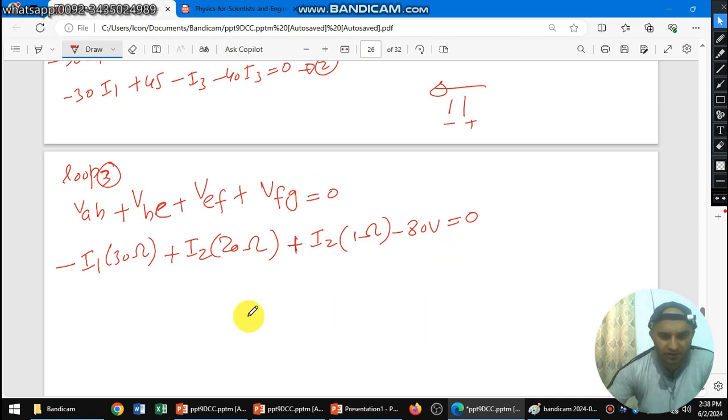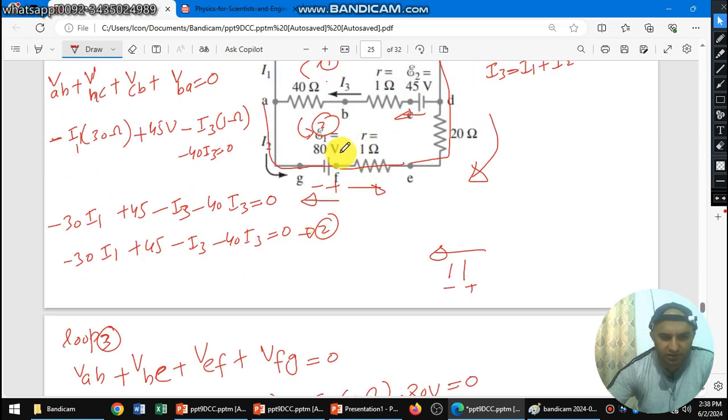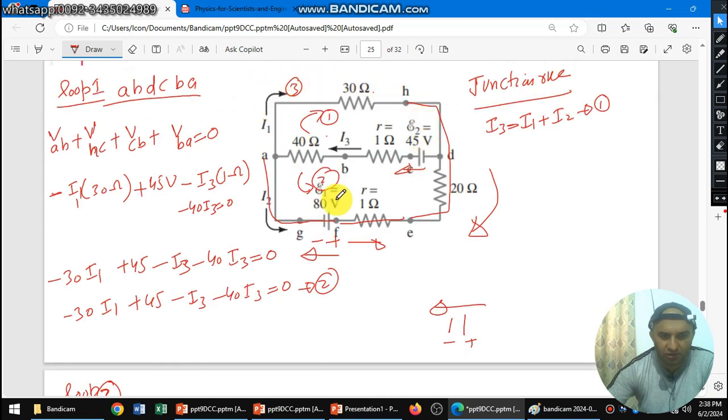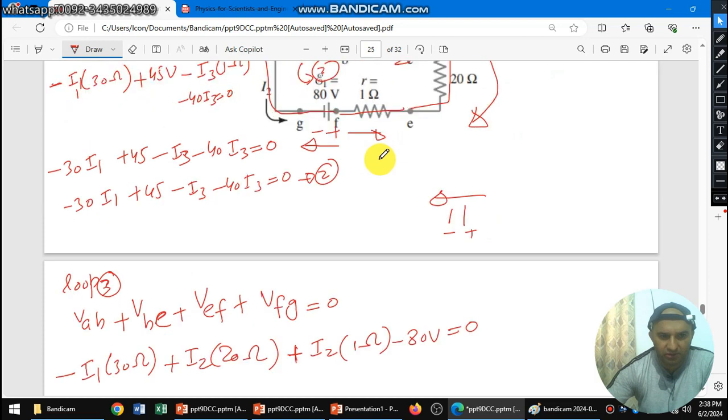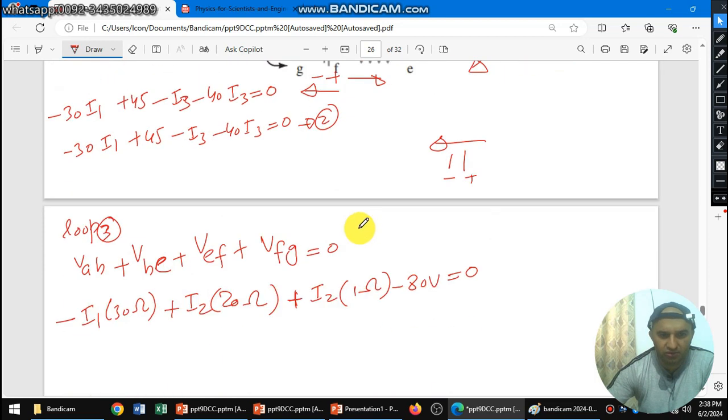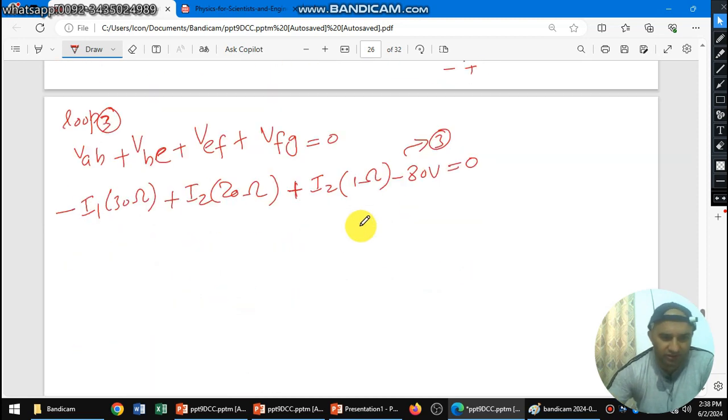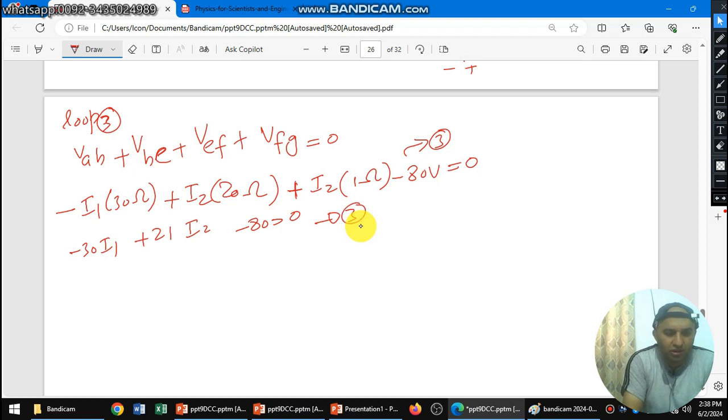Now we apply the KVL to the third loop. So we have this equation number, for example equation number 1, 2, and this is equation number 3. From 3, let me write it in an easier way. This is minus 30 I1 plus 21 I2, minus 80, is equal to 0. So this is equation number 3, which is equation 4. Okay, now from 3